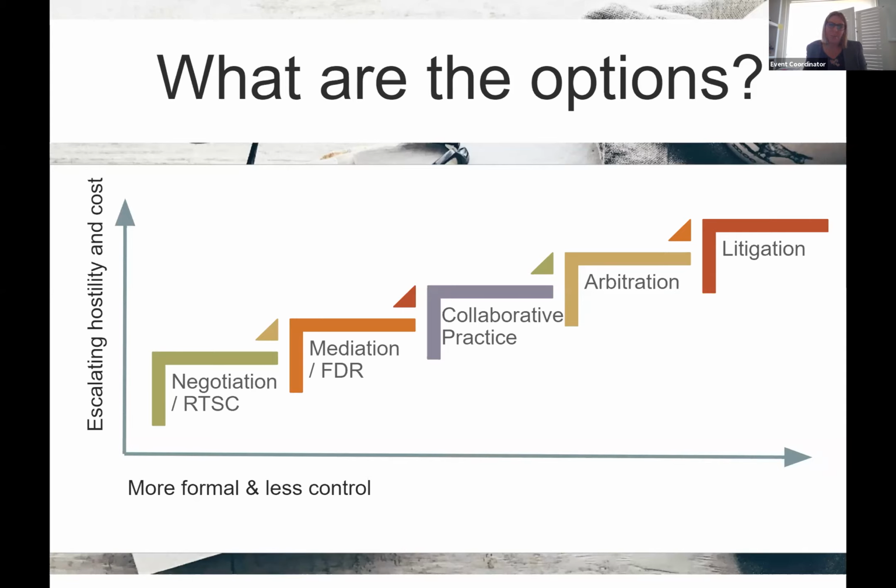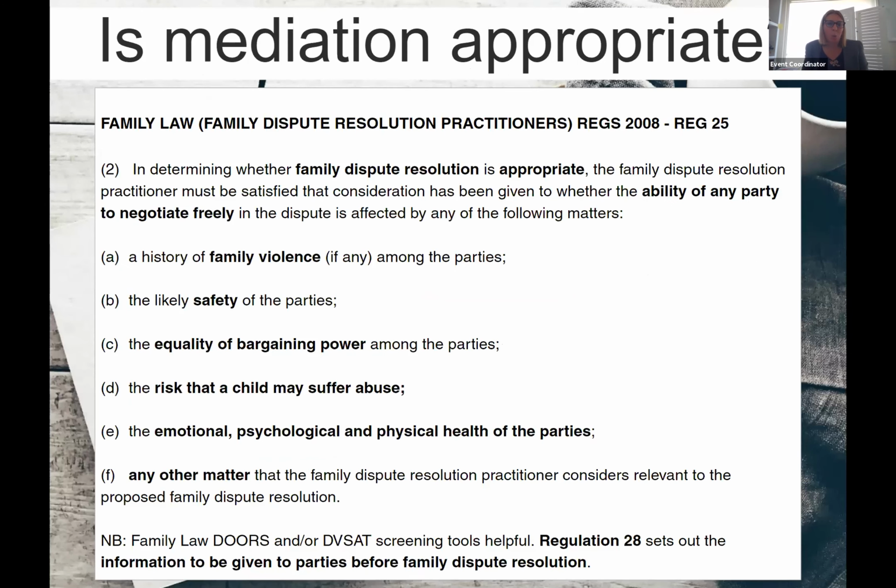So as you can see from these options, there's generally escalating hostility, escalating time involved, and escalating costs as you step up the processes. It's often more formal as you step up the processes, and you have less control over your relationship as parties, less control as to the outcome. Sometimes, even if you get to litigation, you're not guaranteed an outcome that you're satisfied with, and sometimes neither party is satisfied with the outcome. So it's really important to look at what the options are. Feel free to ask any questions along the way.